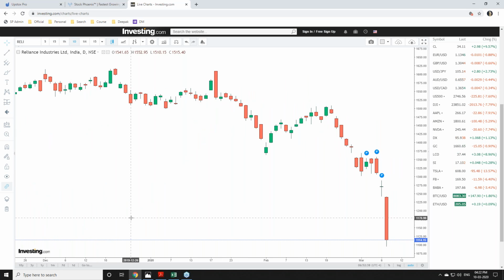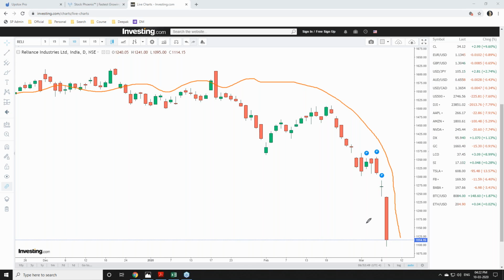If you take 3 months of data from December to March, you can see this particular stock was trading at a high level and it has completely crashed now, and this is not the place to go for short selling. This is absolutely wrong. And if you ask, the stock has already crashed, can I buy here? It is also absolutely wrong, because there is no sign of reversal. You can see the market is trending straight down.